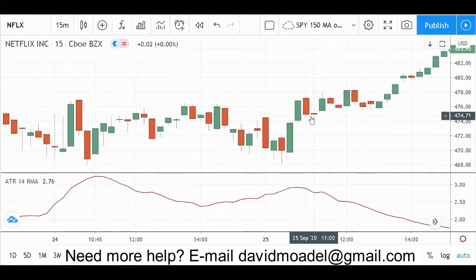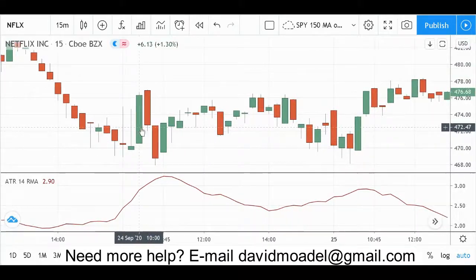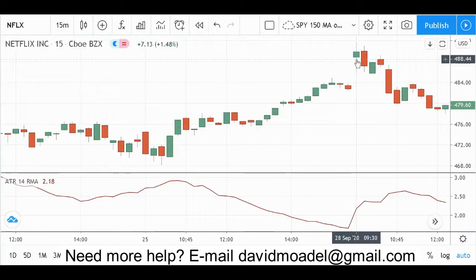And it certainly did. It triggered right about 472, actually, the next day. So I would have gotten right in. Actually, it opened lower than that. It opened at 470.61, but right when it went above 472.78, bam, I would have gotten in. It chopped around sideways for a while, and then up and away.